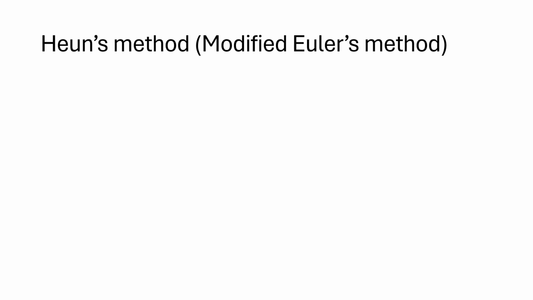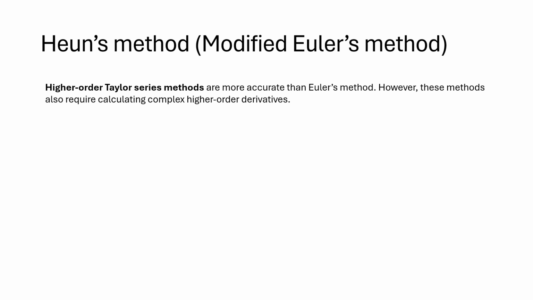Hello and welcome everyone. In this video, we will look at a modified Euler's method which is known as Heun's method. In the previous videos, we have seen that higher order Taylor series methods are more accurate than Euler's method. However, these methods also require calculating complex higher order derivatives which can be challenging. Let's see how Heun's method improves the accuracy of Euler's method and still avoids the complexity of higher order Taylor